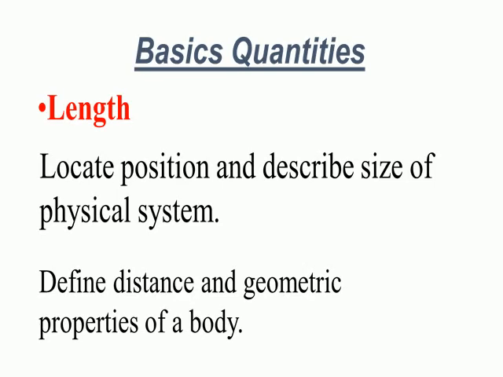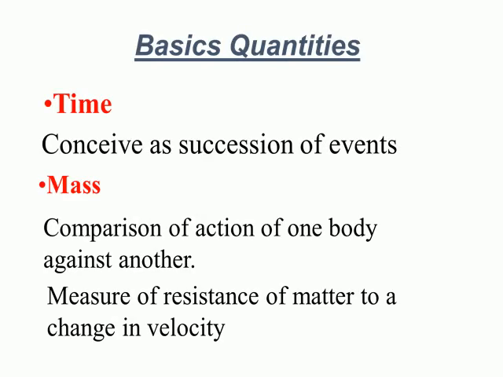We have basic quantities. Length locates position and describes the size of a physical system. It also defines the distance and geometric properties of a body. For time, we have conceived a succession of events. For mass, we have comparison of the action of one body against another, or a measure of the resistance of matter to a